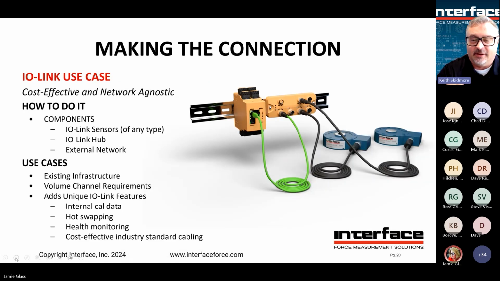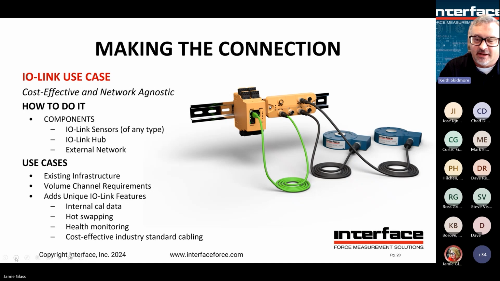IO-Link is interesting. IO-Link is like a digital sensor data protocol. And so it's not network specific, it's actually network agnostic, but it's a digital data protocol. And there exist any number of different hubs that are IO-Link hubs. And the other side of the hub goes to the network. So you can have an Ethernet IP to IO-Link hub. You can have a Profinet to IO-Link hub. You can have any number of different network hubs available